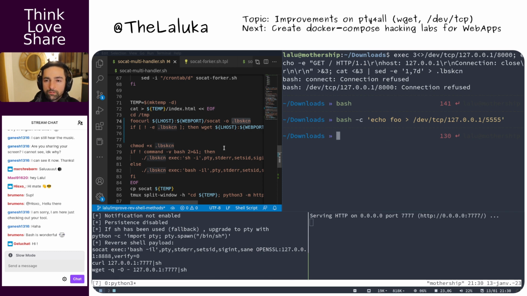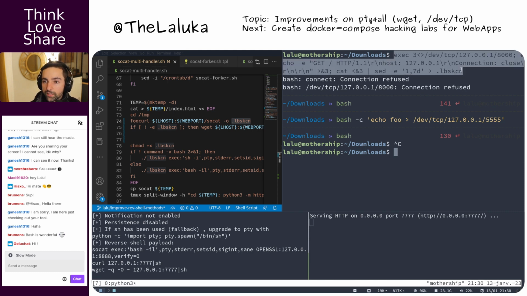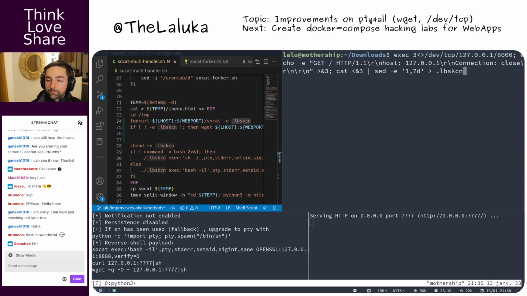Oh, Flash died. Flash died. My payload died as well. So we still want to try to do that, and it was not able to connect. And so what we want to do is to change the port here for 7777.